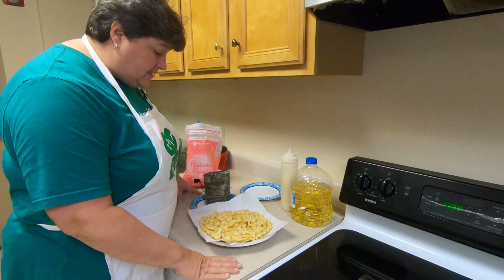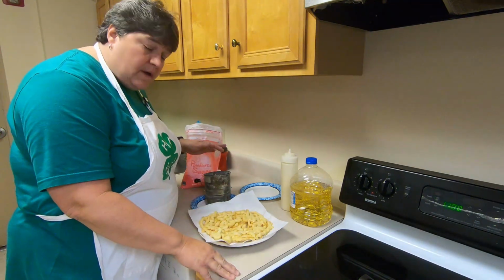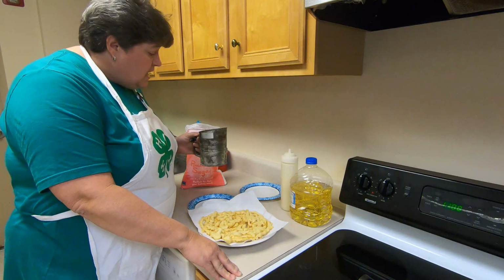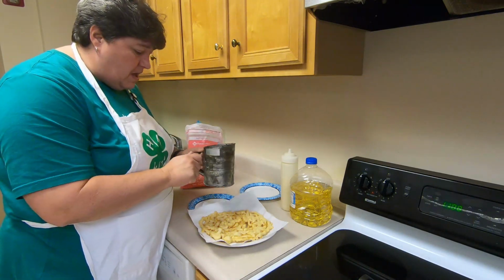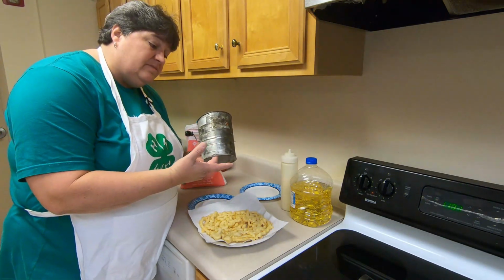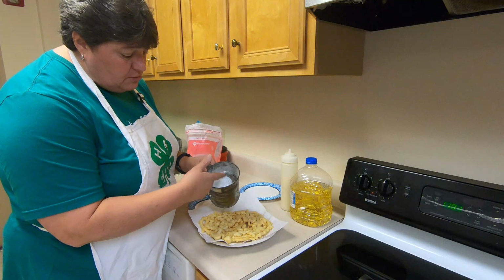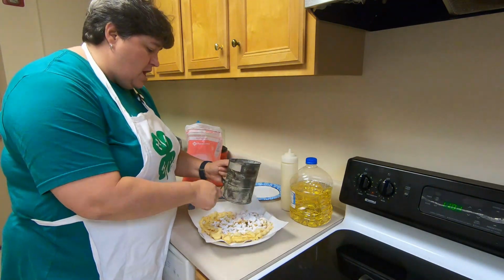So what the next step is, you take your powdered sugar and sprinkle it on top of your funnel cakes. Now, this is a sifter, and I couldn't tell you how old it is. It was my grandma's, and it's probably older than me. So here we go. And it's really cool. It just has a piece of wire at the bottom, like a screen mesh, and you turn this little handle and it just pushes it through. And let's do it. Oh, and it looks like snow